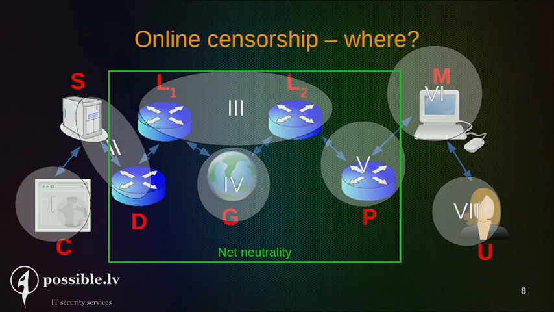So 1 means censorship happens at the content level, meaning that the author or manager of the content self-censors. 7, for example, means that the user self-censors, which is a non-technical type of censorship, but it's a very, very dangerous type of censorship. It's the so-called chilling effect, where the user fears punishment or fears non-approval by the society and self-censors themselves.